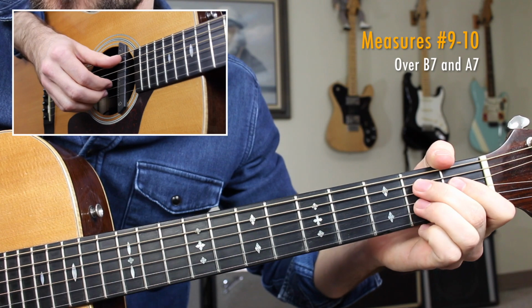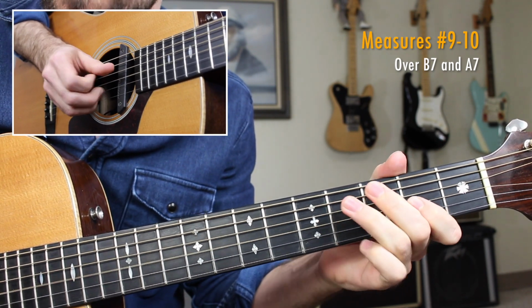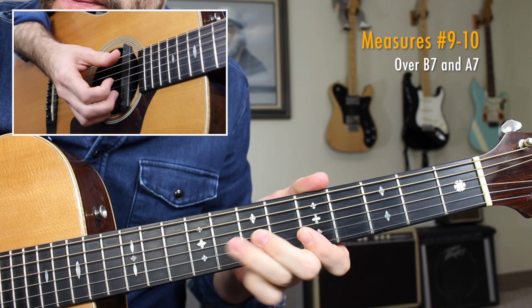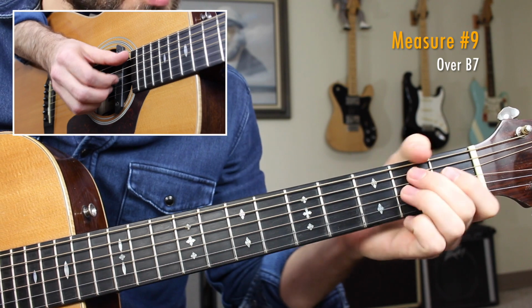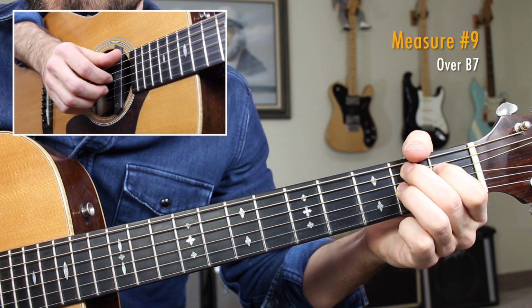And with the count, 1 and 2 and 3 and 4 and 1 and 2 and 3 and 4. Okay, let's break that down. Okay, taking a look at measure number 9 over the B dominant 7 chord. Alright, we're going to start off on one end. We're plucking the root